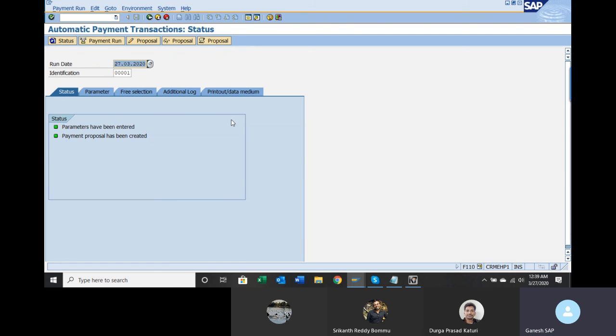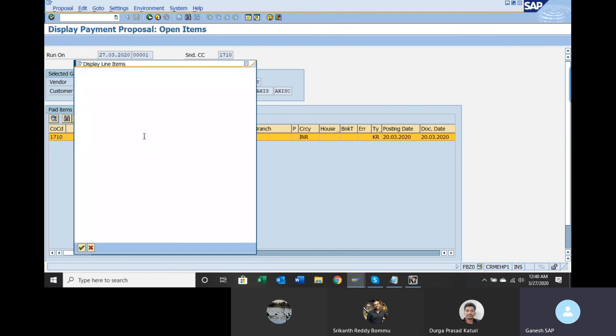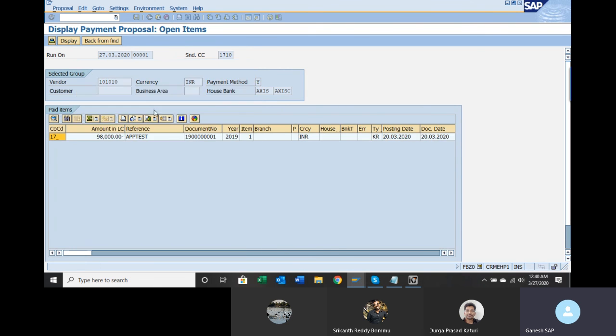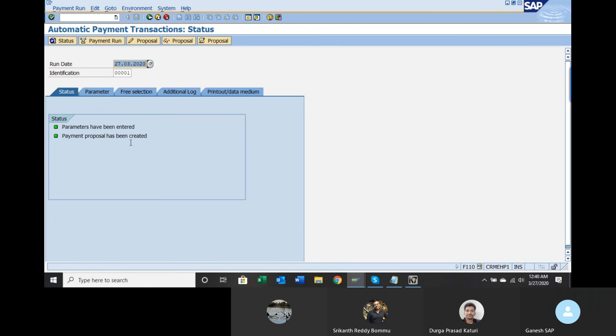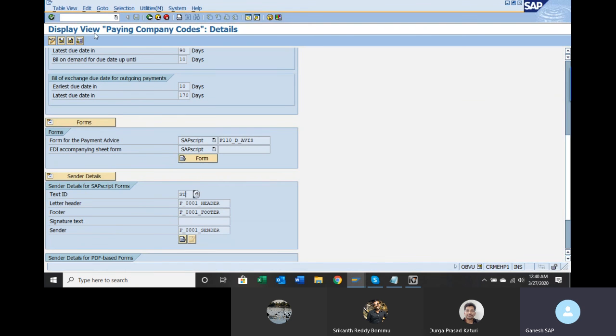Go back. You have to see that in green color, then only you are able to make the payment. If it is not in green color, you will not be able to make the payment. In that case, double click on that and you can see the reason for that. You will get the reason here. Go back, go back. Until this time, the invoices are not cleared. Until this time, the invoices will still be open.